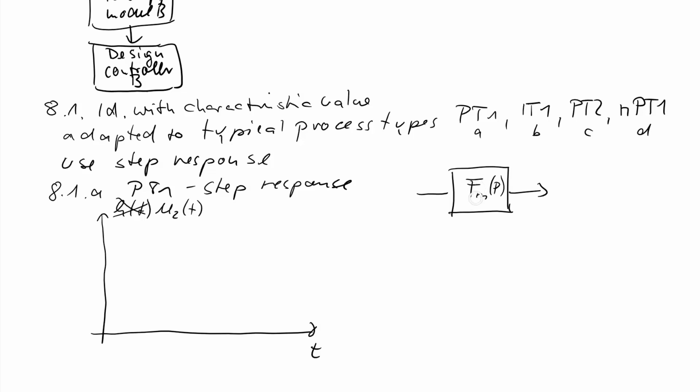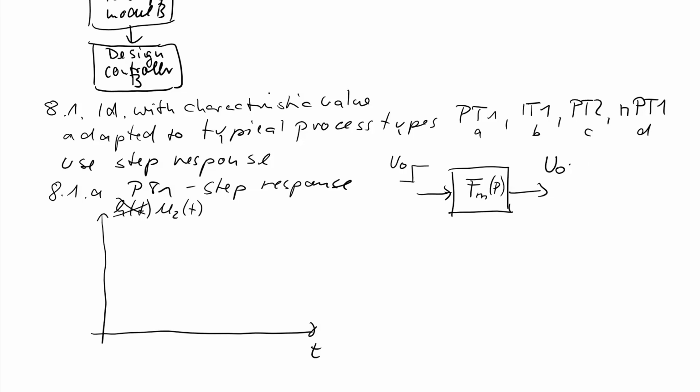Best is we know the coefficients of the transfer function. We apply a step function at the input with a given amplitude. This must not be 1. And then this is the step response, which we can call u0 times sigma